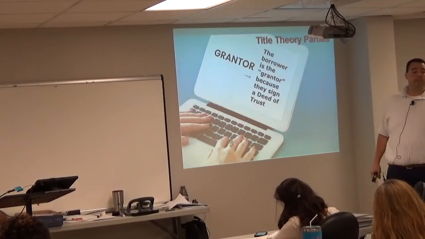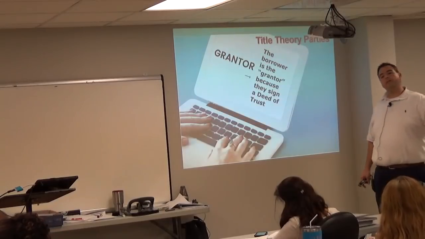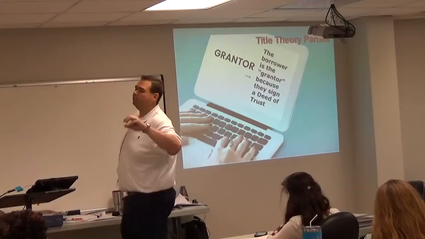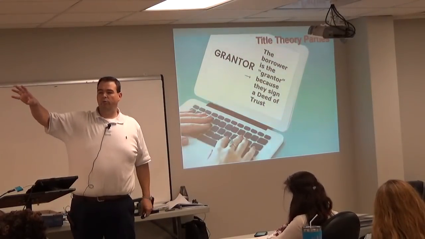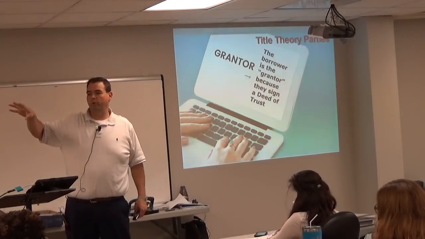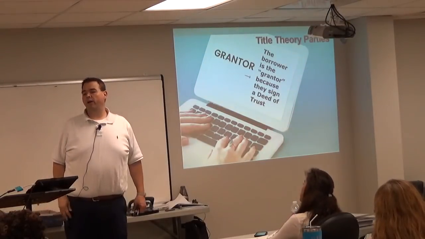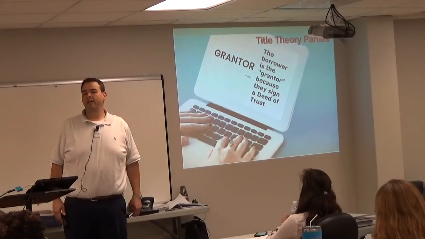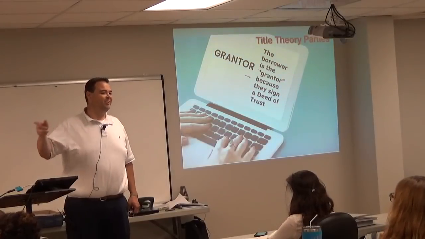In a lien theory state, it's the mortgage that gives collateral. So the mortgage is the document in a lien theory state that would be recorded at the county courthouse that places the property as collateral. But in a title theory state like North Carolina, what document's going to be recorded at the county courthouse and give collateral in the property? The deed of trust. So if you went down to the Wake County Courthouse, would you find any mortgages recorded? No, what would you find? Deeds of trust. Not deed of trust, deeds of trust.